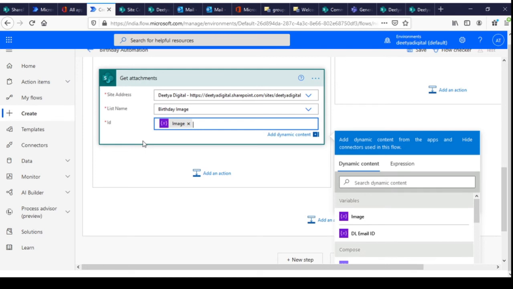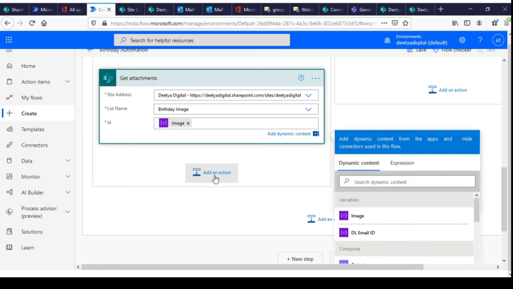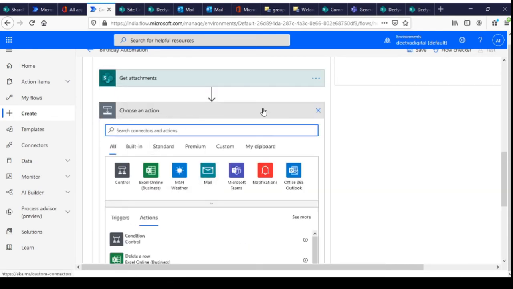Whatever random number is assigned in this particular loop, it will pick that particular record from the birthday image list, call out that attachment, and insert it in the email body which we are going to send to that particular employee.